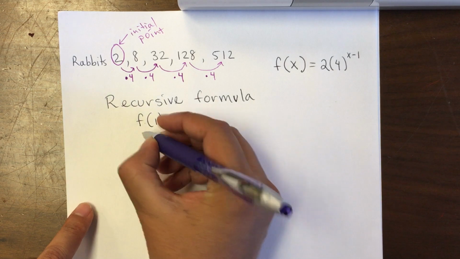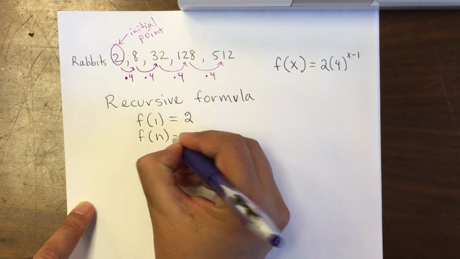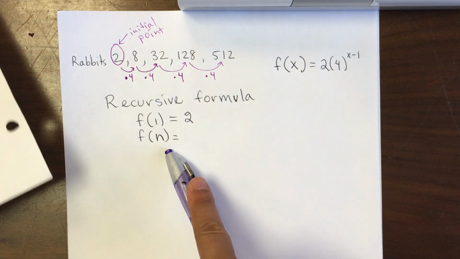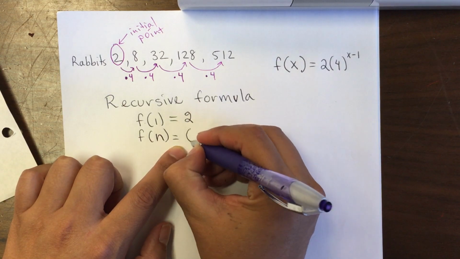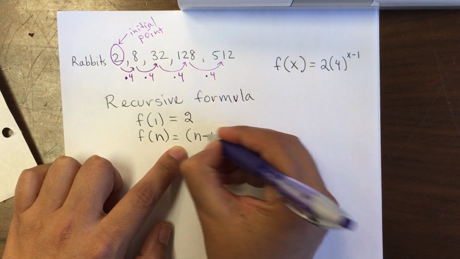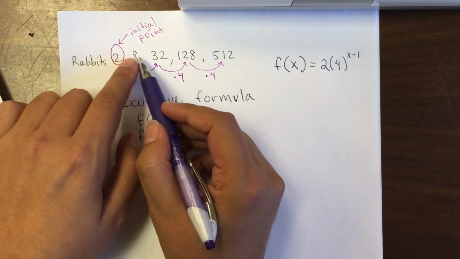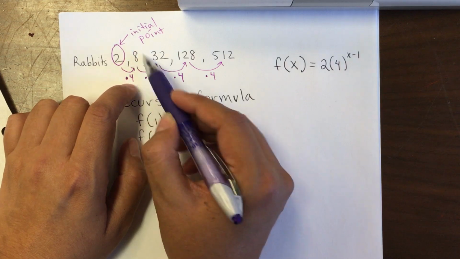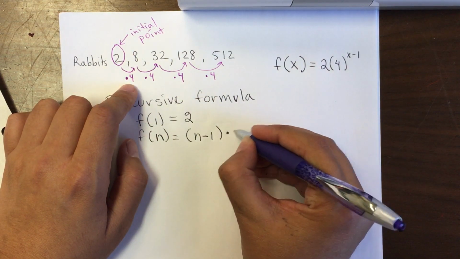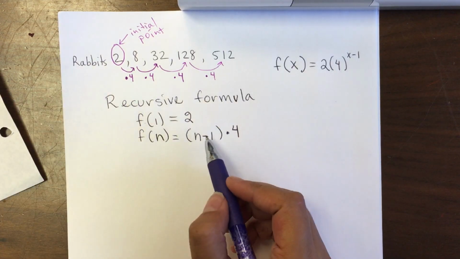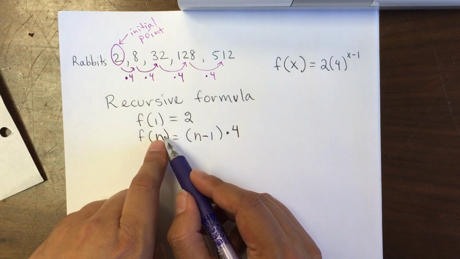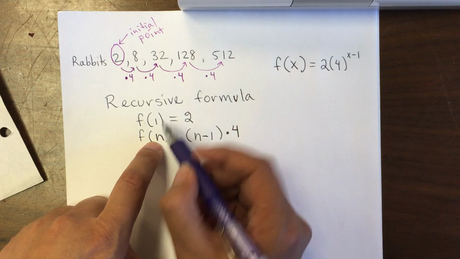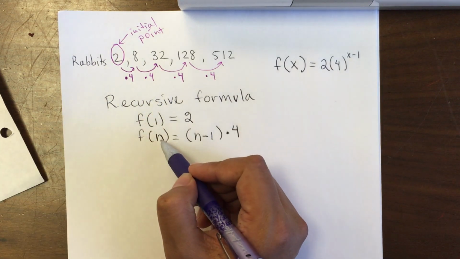Okay, and then we have f of n all the time. f of n is equal to something with n minus 1. For example, if I want to look at the second one, what did I do to the first one to get the second number? Well, I multiplied by 4. Okay, and why do I put minus 1 in here? Because if this stands for f of 1, meaning the first number, f of 2 meaning the second number in the second